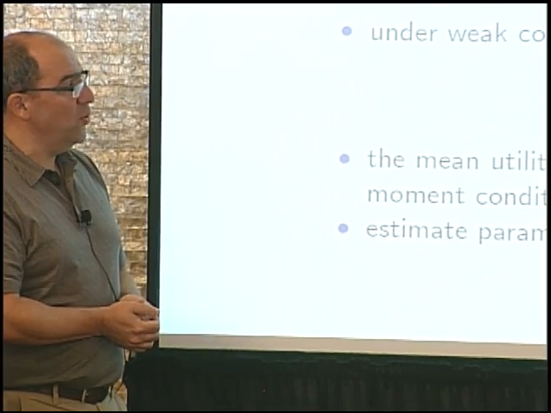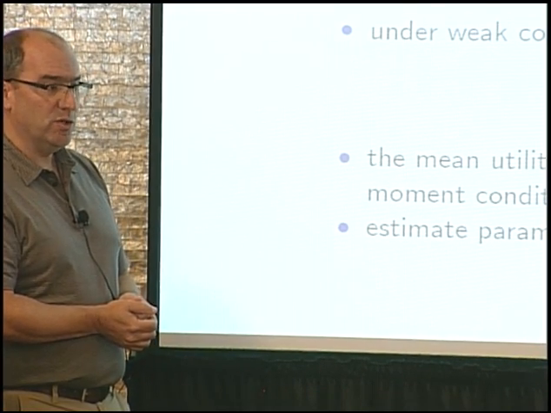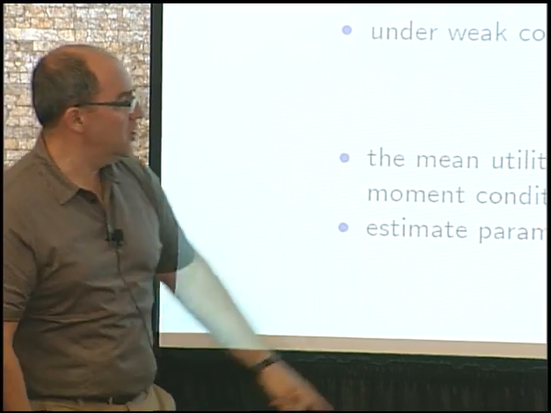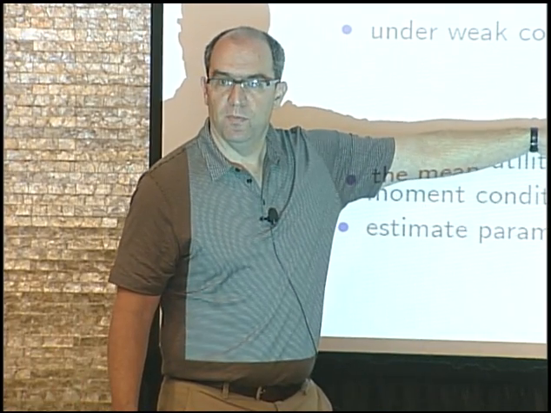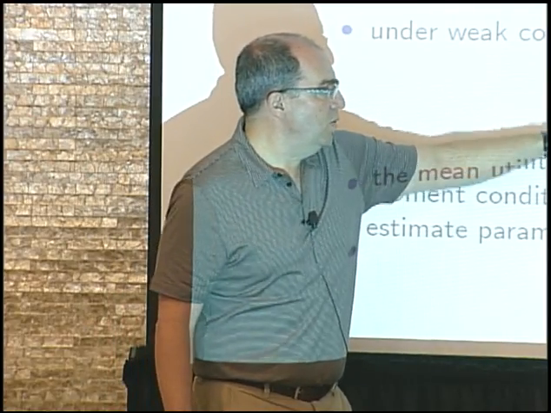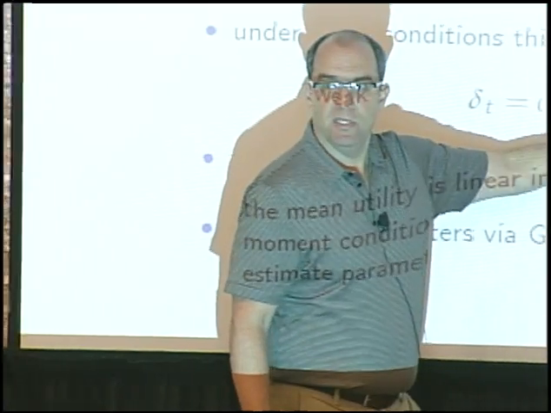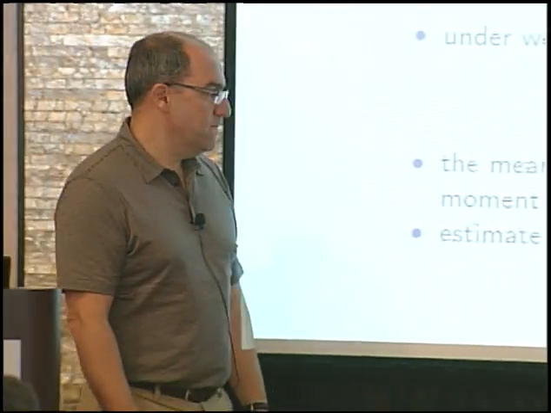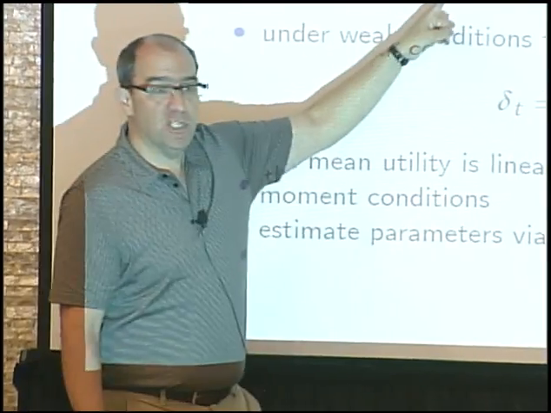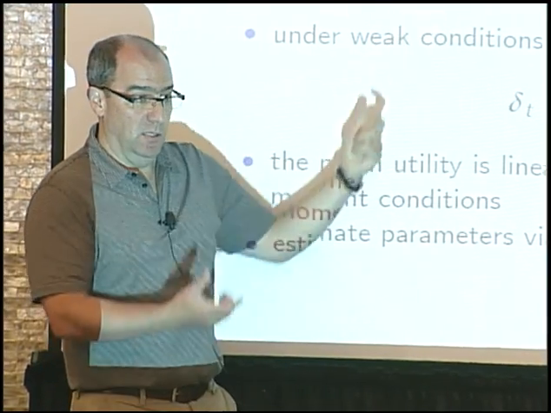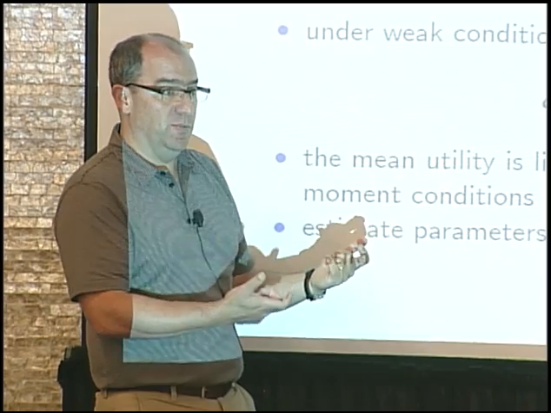It ends up that under very weak conditions on the demand structure, you need some conditions, but weak conditions, you can actually invert this relationship. So you can write that this mean utility is this sigma inverse of shares, x's, and p's. Okay? And here, what's important is that psi only enters in the mean utility and enters in a linear way. Right? So the idea is after we invert this relationship that equates the predicted shares and observed shares,